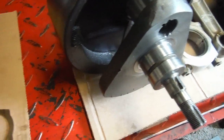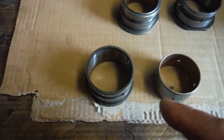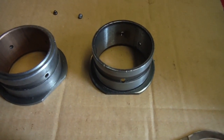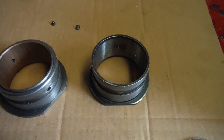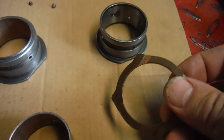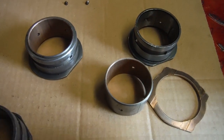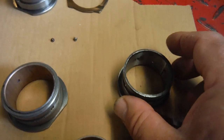So my reckoning is by the time this is pressed into one of these, either the thick flanged one or the thin flanged one, I think I'm going to go for the thin flange, because that appears to be the type that should be in there, going by some research that I've done on years and engine numbers and so on. I think I should be using a narrow flanged one with a thrust washer, so that's what I'm going to do. So I'll put the new bush into the narrow flanged one,